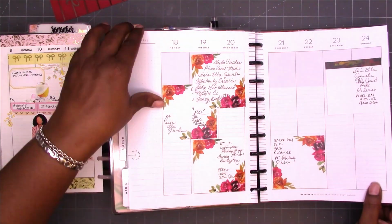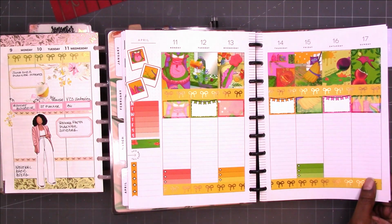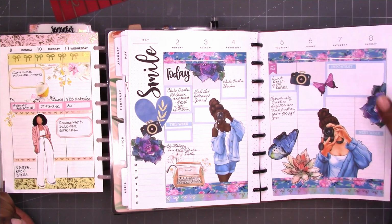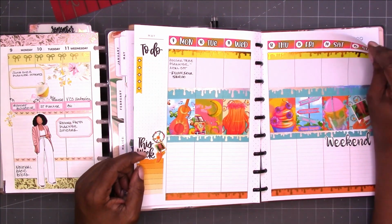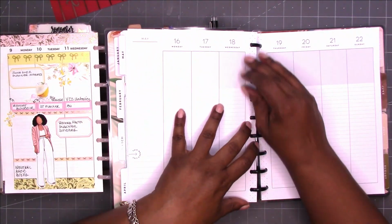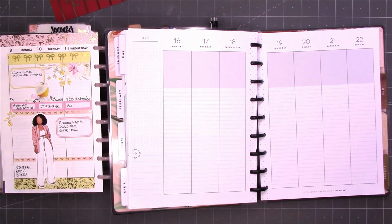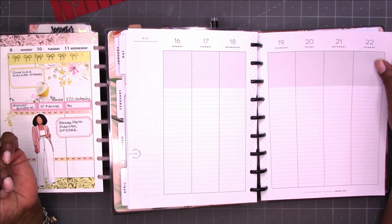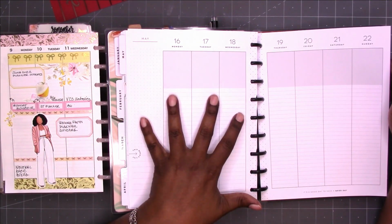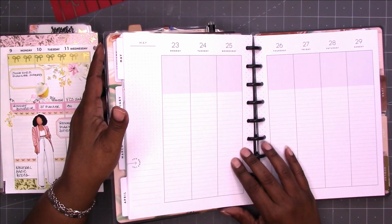I did use that, and then this is another week that I skipped, but again, I used the kit. I didn't use the spread, so maybe I need to stop using the kit. I know I'll probably do it again, but I didn't plan this week either. Again, I'm rethinking how I'm doing things, so I'm not even going to try to do too much here. I may put some sticky notes in there, and I'm going to jump over to the next week and try